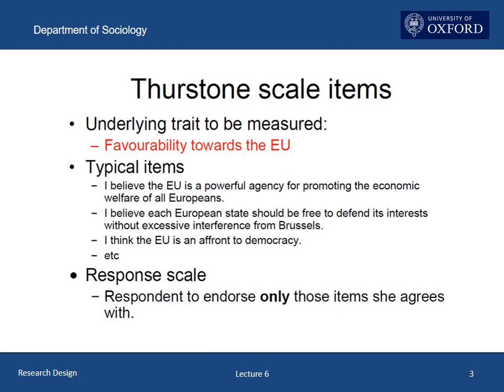Let's first look at Thurstone scaling, named after the American psychologist Louis Leon Thurstone. Let's say that the underlying trait to be measured is favourability towards the EU. We begin by inventing a number of items that we think will indicate the respondent's degree of favourability towards the EU. Typical items might be: I believe the EU is a powerful agency for promoting the economic welfare of all